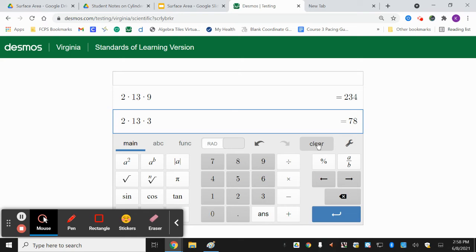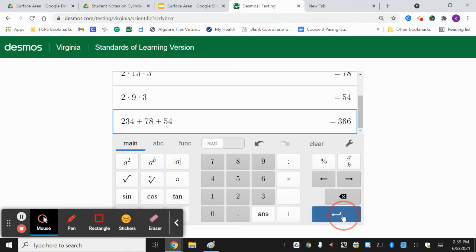And our last one is 2 times 9 times 3, which is 54. And now we just have to add those 3 numbers together. So that is going to be 234 plus 78 plus 54, which gives us